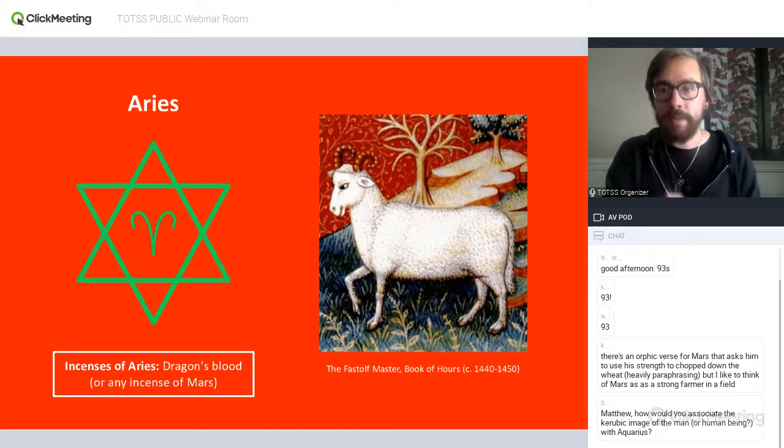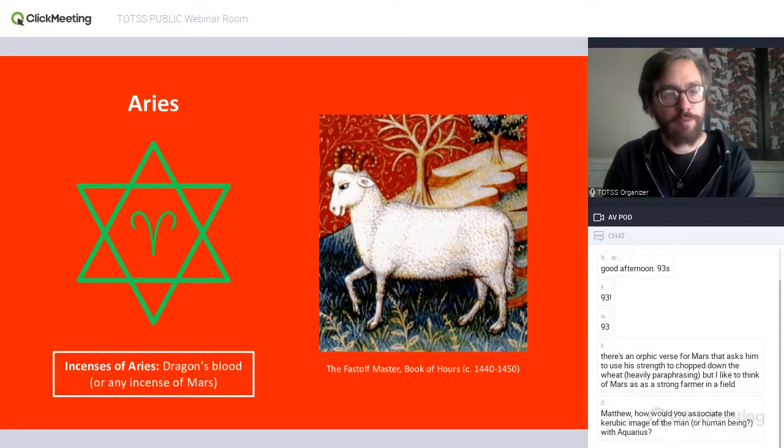All right, so now mainly I'm just giving you this slide deck as a reference for your own use, but we'll just look at a couple real quick, just so you can see the pattern. For Aries, I've got more zodiacal images from this Renaissance era Book of Hours, for just some more imagery for you there.